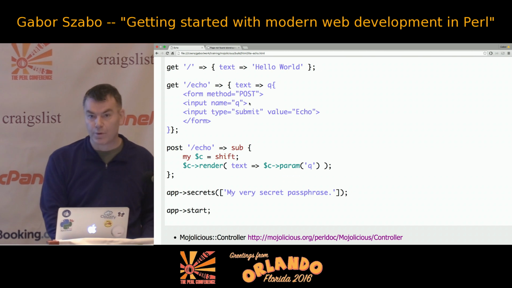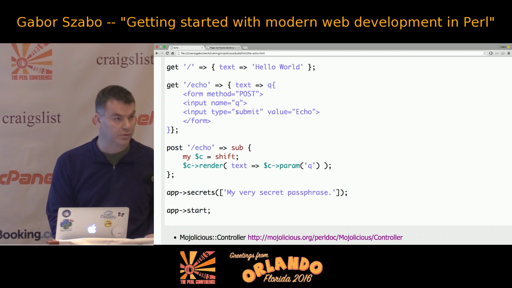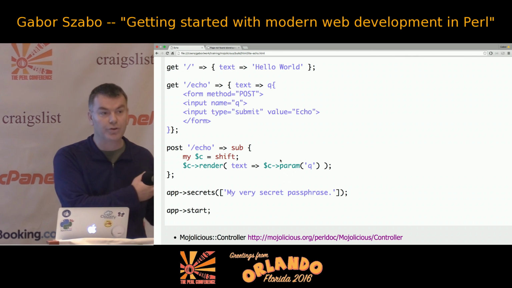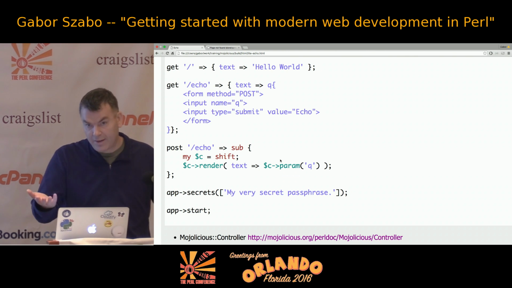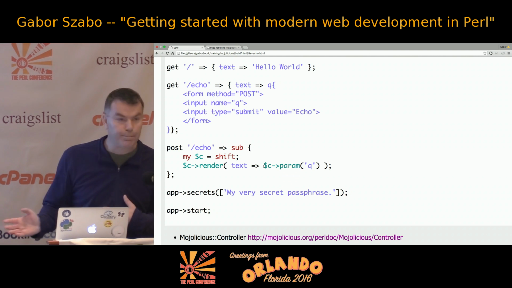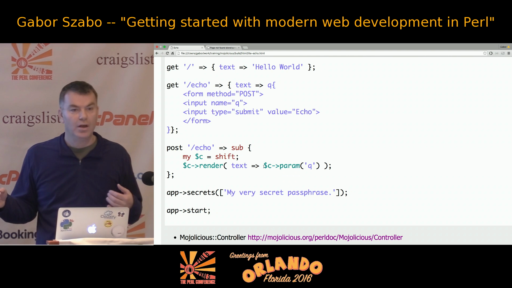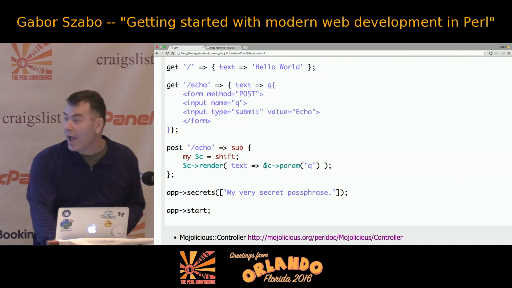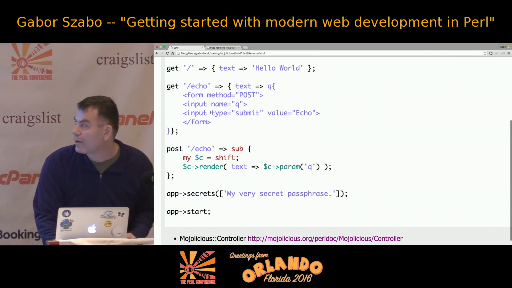Unlike the previous one where I just had to hard code the whole text, now this one is going to return the text. In the end, it's probably HTML, but I can create it myself. So what I return here is I call the para method. The para method will accept the name of a parameter, and then if we go here, actually you can see